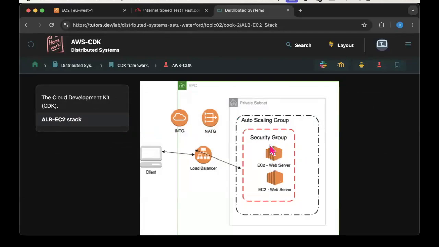But if these two EC2 instances are running in the same availability zone, and that availability zone is inaccessible temporarily from a networking point of view, then suddenly our application, our web API, is temporarily not available.